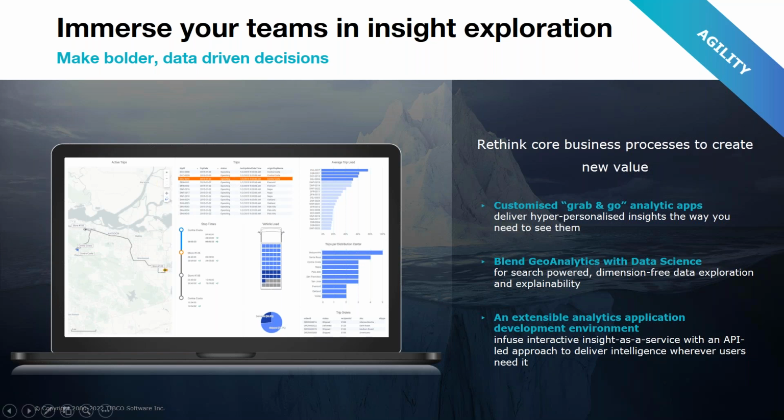At the end of the day, what is very important is that you have the application that you really need. So we really believe in personalized applications, and we support that you can basically visualize anything you need. You can provide customized grab-and-go analytical applications. Furthermore, these applications are smart, so you can include geoanalytical capabilities and data science capabilities in your applications with one click, more or less. So you can add, for example, TIBCO data science or other statistical languages in a very user-friendly way into your analytical applications.